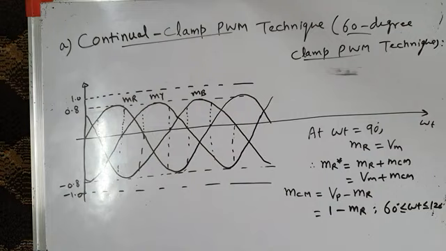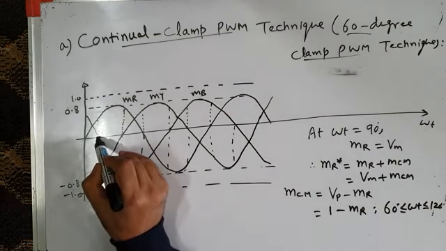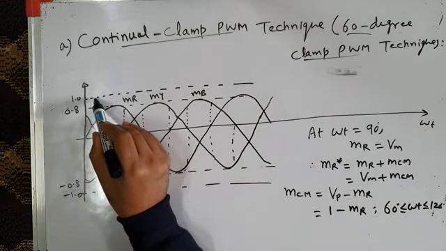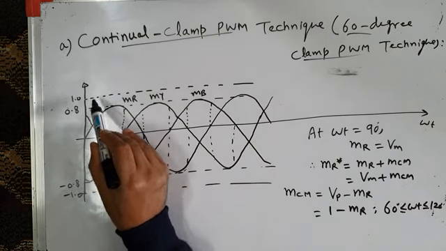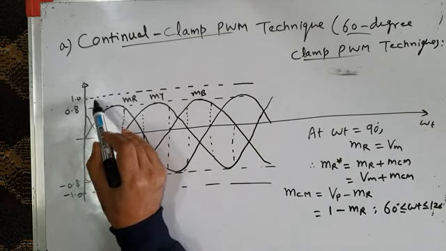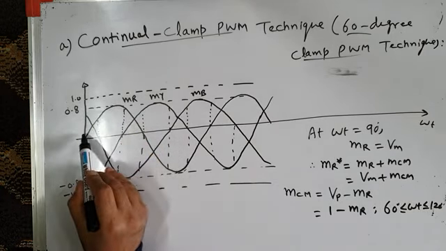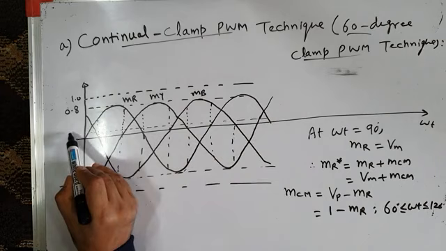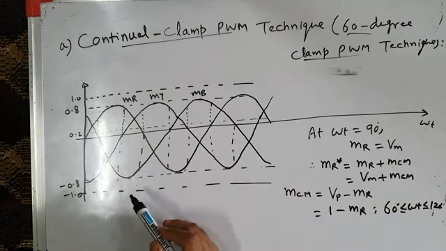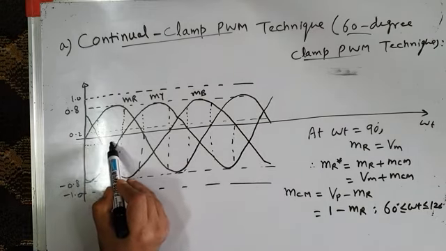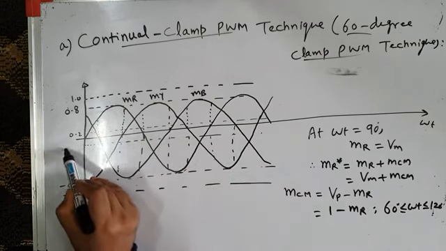Okay. So let us calculate it, and after calculation, let us draw it. Let us start from this instant. Here the common mode voltage MCM is 1 minus MR. So 1 is this, and how much is MR? MR is this much. So 1 minus this is some value. It will be some positive value because 1 is greater than this. Before that, let me show you this 0.2. So for example, this is 0.2, and I will show you minus 0.2 also.